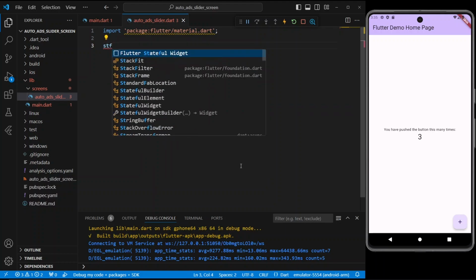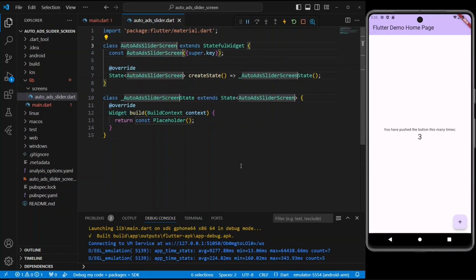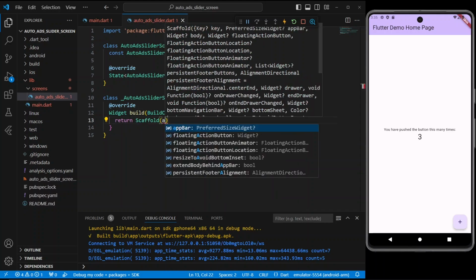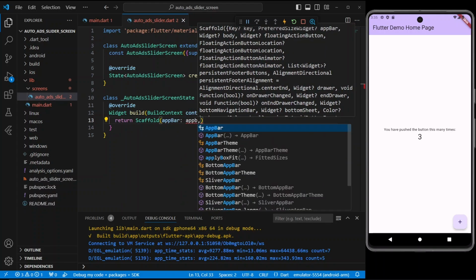Create a new class called stateful and insert a specified file name. Let's return a Scaffold and insert an AppBar widget for the heading preview.